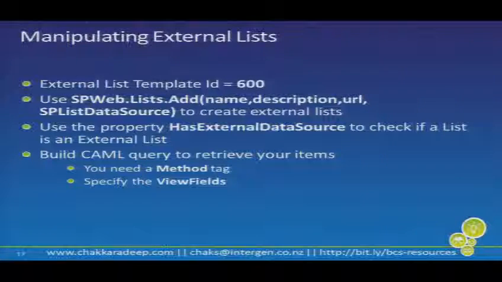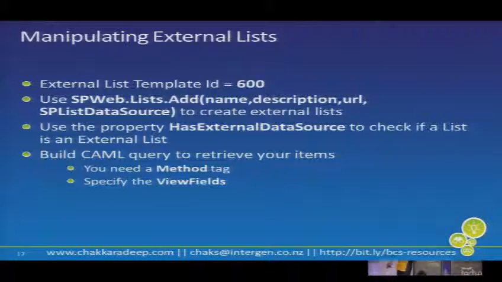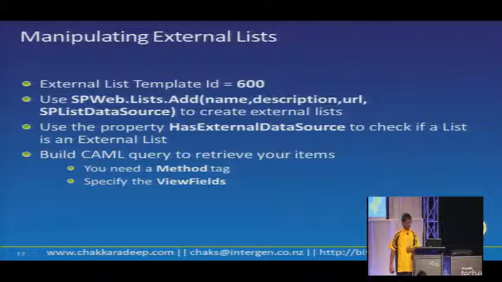One last thing, if you want to manipulate an external list. I still had two topics, but I thought let me just make it simple. If you want to interact with your external list, the external list template ID is 600. You can use the normal SharePoint object model, SPWeb.Lists.Add, to create an external list. You just have to use that 600, and there's a property called SPListDataSource. That will specify your entity, your namespace, and things like that corresponding to your external